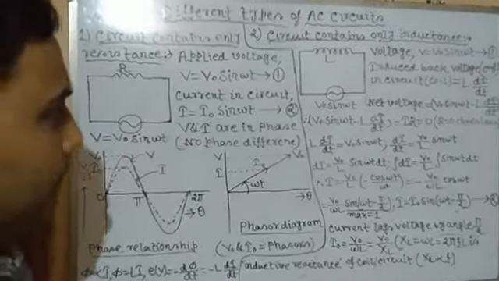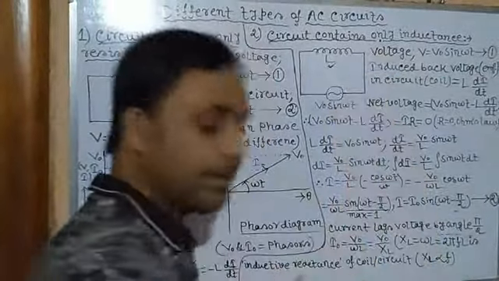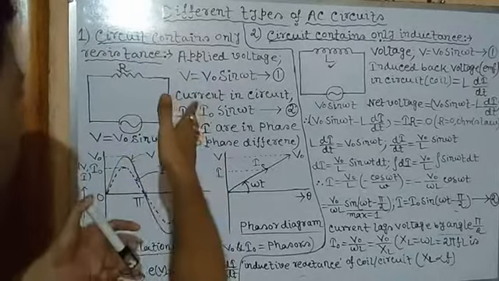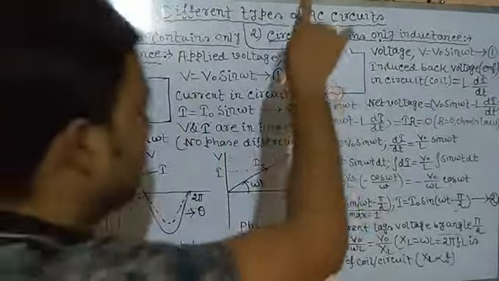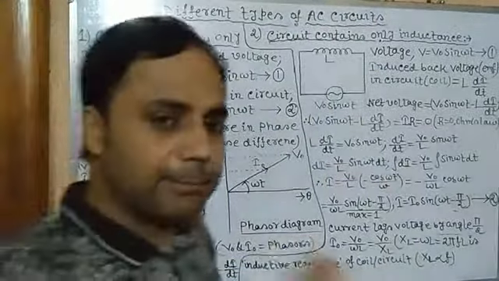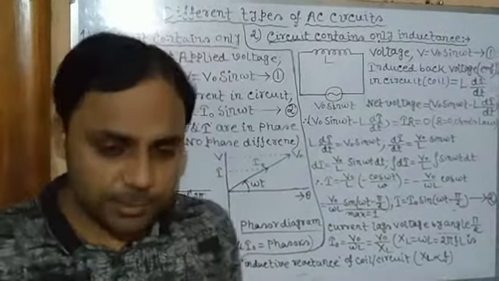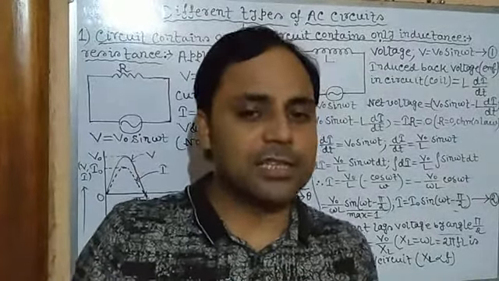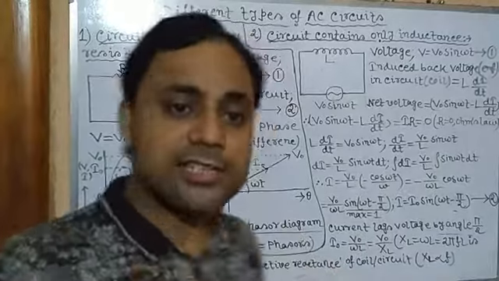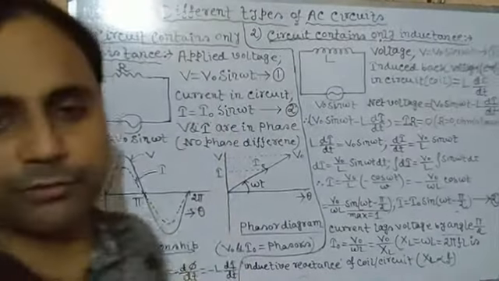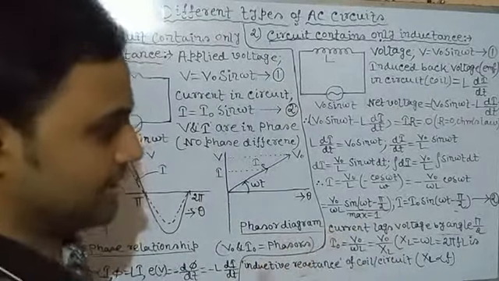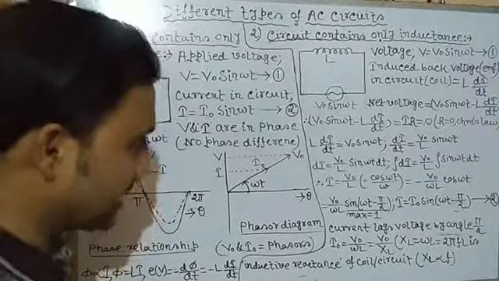This is the reason, because of the presence of a passive element, as I told in the previous case. When an AC circuit contains only pure resistance, it is called an active element. But when it contains L, that is an inductor, it is called a passive element. So when an AC circuit contains passive elements, we can see the phase difference between voltage and current. Then it doesn't follow the simple pattern that voltage maximum means current maximum, voltage minimum means current minimum. Why? Because resistance doesn't depend on frequency, but inductance depends on the frequency. Clear? And because of this, voltage and current differ by an angle. Okay?